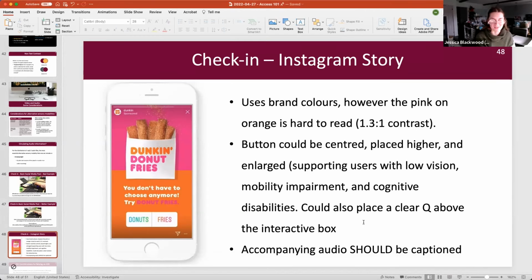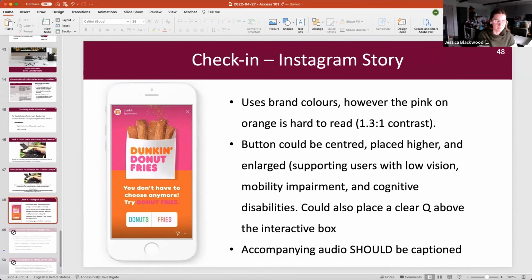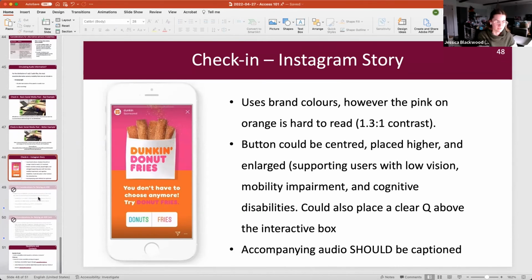And if we can't tell, I don't like Apple products, but I worked on one. So yeah, I found this while browsing Instagram stories, and I thought it was quite funny how not accessible it was. So it's an example we use quite frequently because it's a cute little story, but there are things that could be done to make sure that it's accessible for everybody interacting with it.